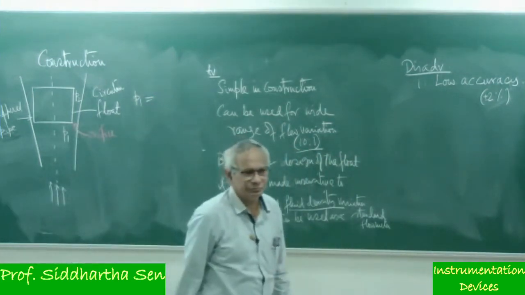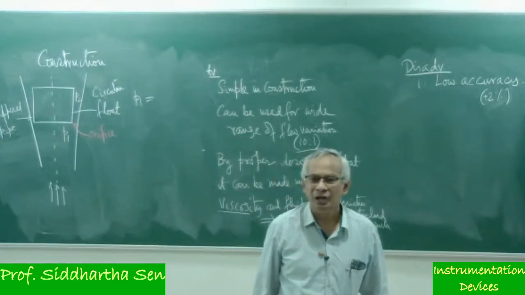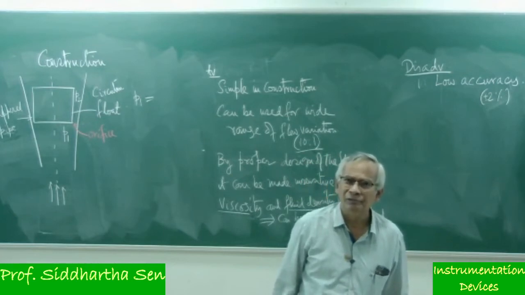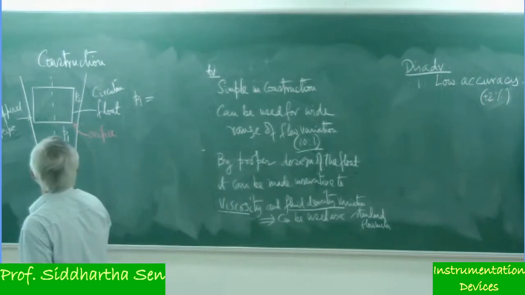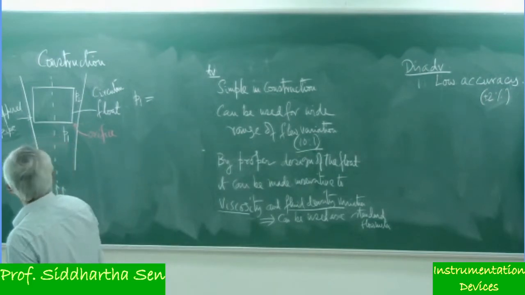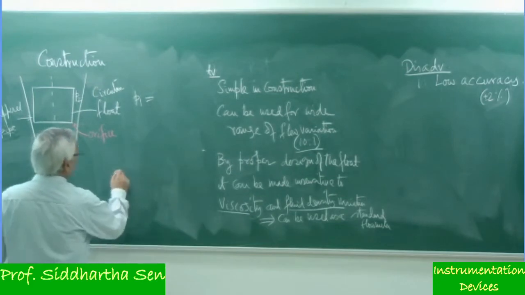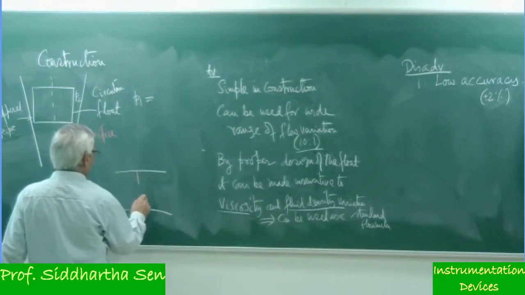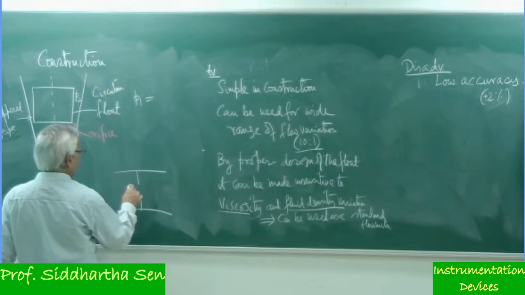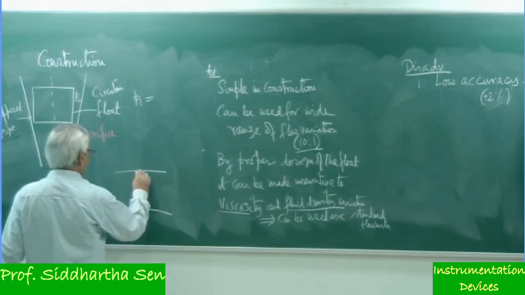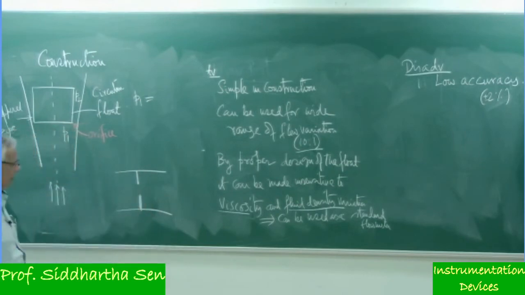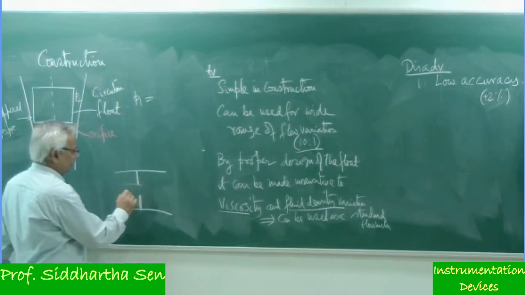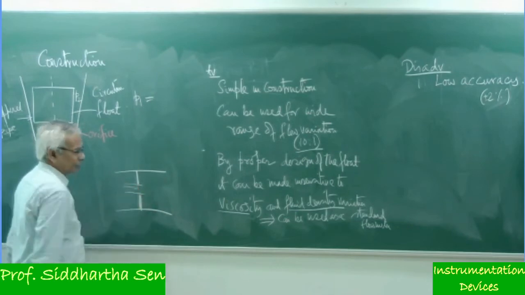Sir, I did not exactly understand how the orifice is placed with respect to the float. You are not able to appreciate how we call it an orifice there, is it? Yes, sir. If we look at an orifice in a pipeline, some portion is obstructed, and we pass the flow through a certain portion only.